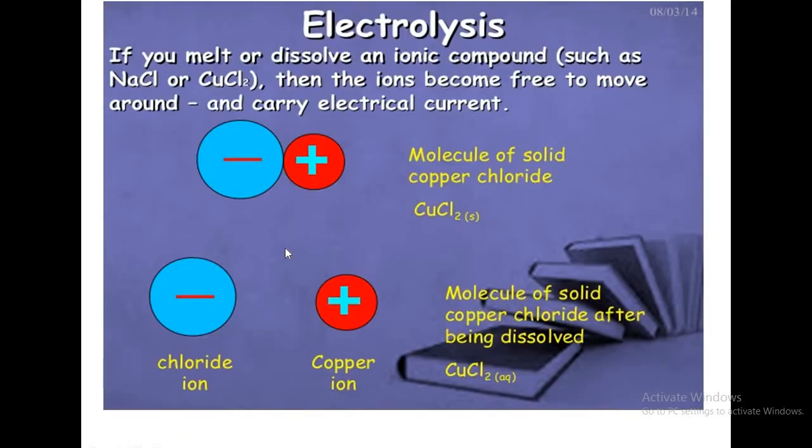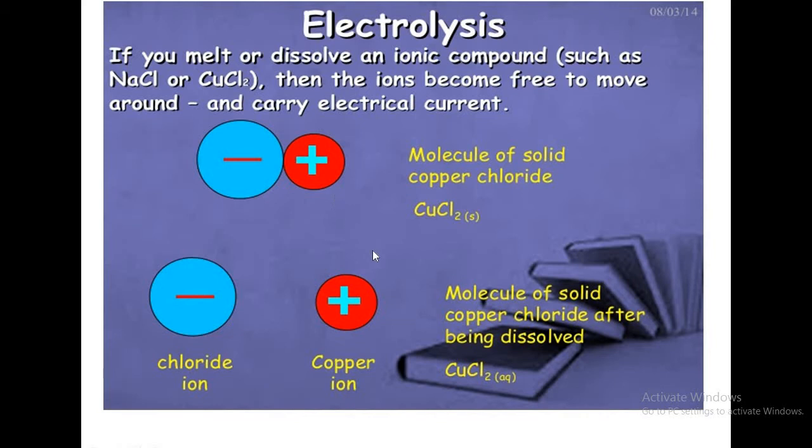Okay. So in electrolysis, as you can see from the slide, the picture shows that in ionic compounds the ionic bond is present and these ions are fixed and attached to each other in the solid state. Here, as you can see, solid copper chloride. Copper chloride is an ionic compound. So in the solid form, the ions are bonded to each other by ionic bonds. They are fixed to their positions and they are not free to move. That's why ionic compounds do not conduct electricity in the solid state, because the ions are not free to